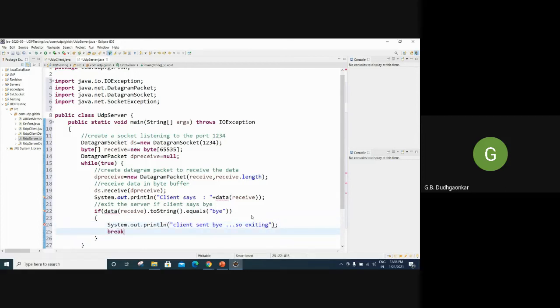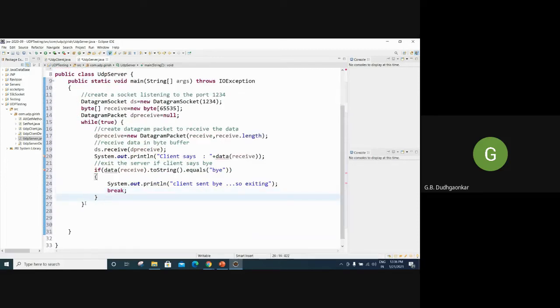Then break. So this is the if block. This is a for loop.